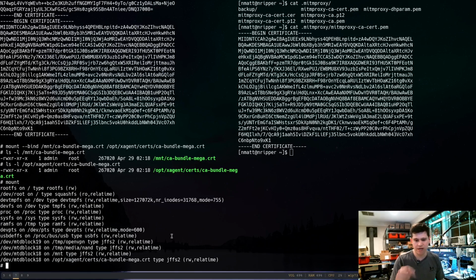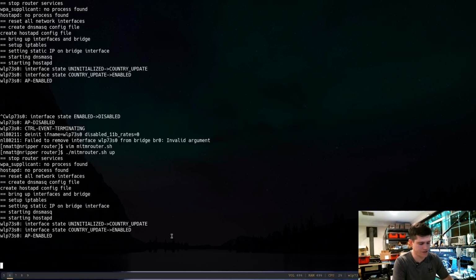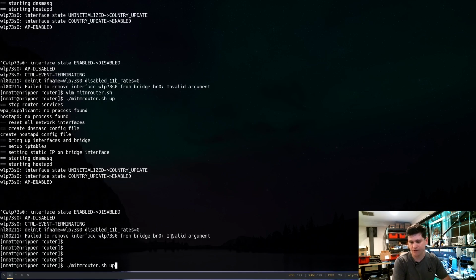Now we're going to have to get our man-in-the-middle router set up, but we're going to come back to another problem, because this web request that we are trying to capture only happens during the initial boot up process. And we just said that this mount command is not going to persist across a reboot, so we're going to have a bit of a hack to make sure we're not trying to race to type in our mount command in time. So we're going to first go over here where I have the router software running, and I'm going to turn that off really quick, and we are going to